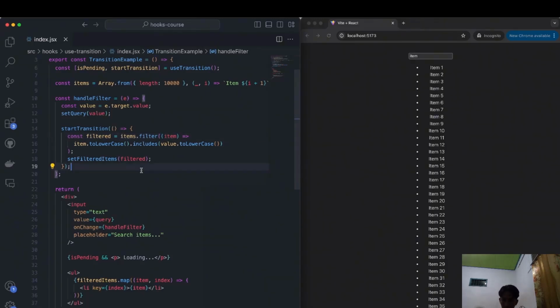Now, if you're a beginner and you're watching this, I would say that the easiest analogy to understand the use transition hook is that it allows you to